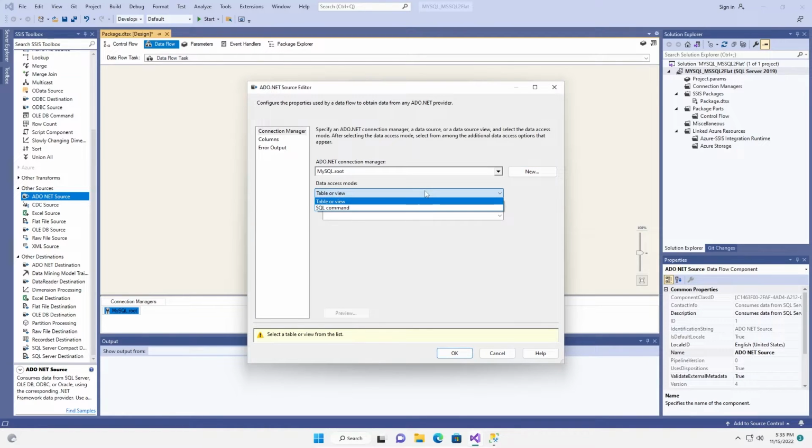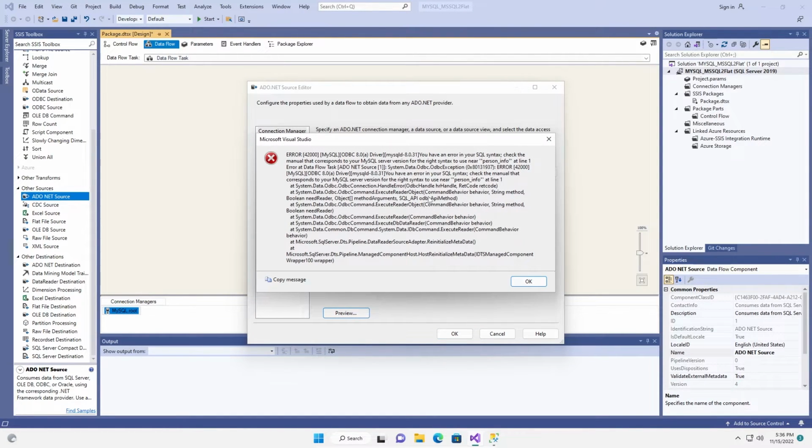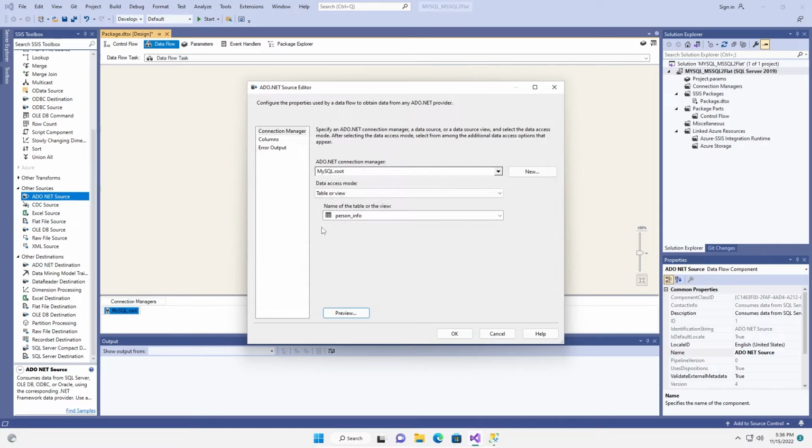Now you have to provide some script here. It's showing person, the table is showing person info, but you cannot preview. There is some error. So what you can do is write a script. How can you write a script? Just click on here, SQL command.